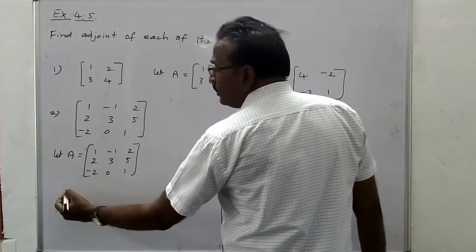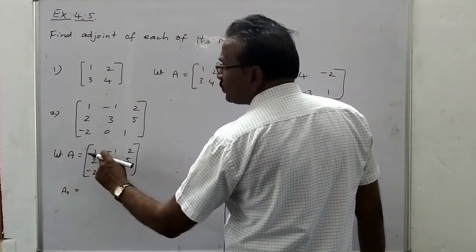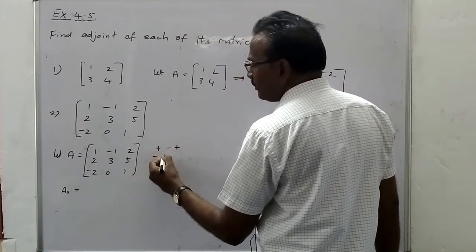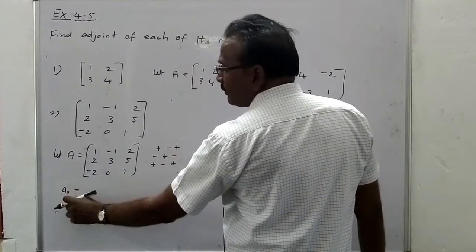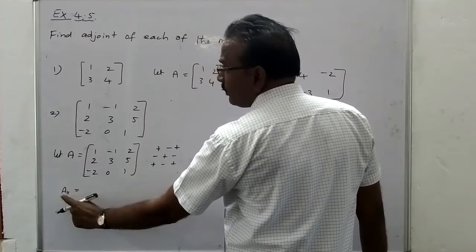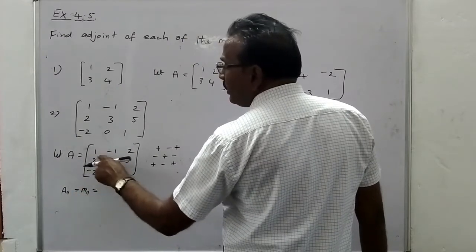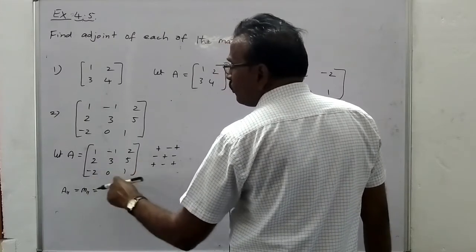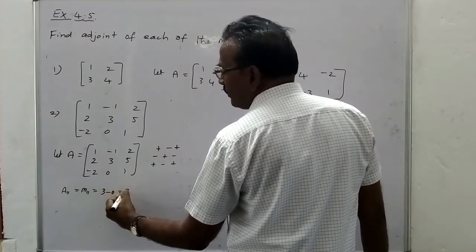First find the cofactor A11, that means the cofactor of the first row first column element. The signs are plus minus plus, minus plus minus, plus minus plus. Your sign is plus because minus 1 to the power of 1 plus 1 is minus 1 to the power of an even number, which is plus. That is capital M11, obtained by deleting the first row and first column. The determinant of the remaining 4 elements is 3 minus 0, the value is 3.